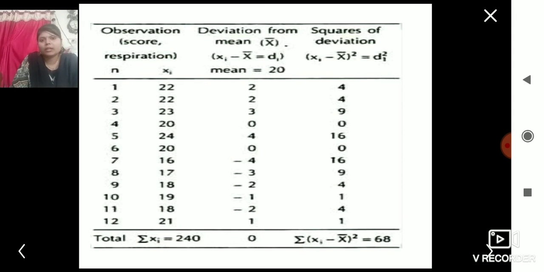Okay, here is one other example. Observation score is nothing but respiration rate. Okay, where the respiration rate of a person is being taken, first person, second person, third person, it goes on like that, and then the mean is also being calculated, and this is the mean deviation that you will not be dealing with today. Okay, all that you will be seeing in later classes. I have just given an application so that you can know how it is utilized.